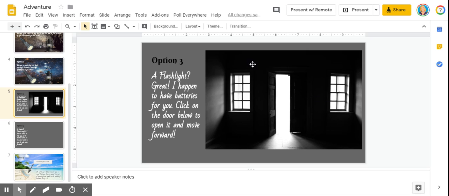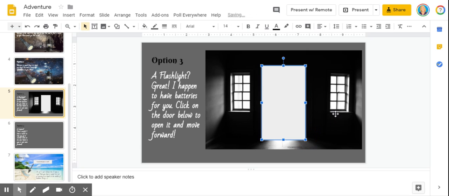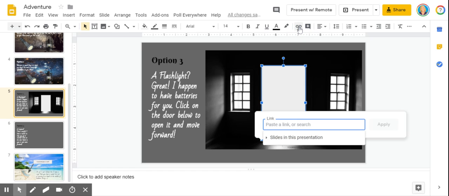Okay, so the first thing you're going to do is you're going to draw a shape. And for this instance, I'm going to draw a rectangle over the door. Okay, so this makes a pretty nice wide area for a viewer to click. Next, I am going to go, remember we can add links to any of these. So I'm going to go to the link toolbar. You can press Control-K,